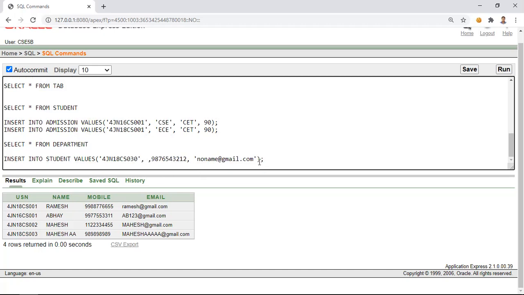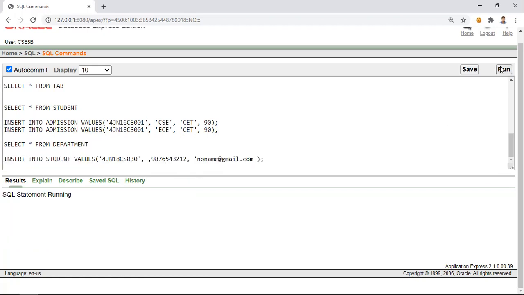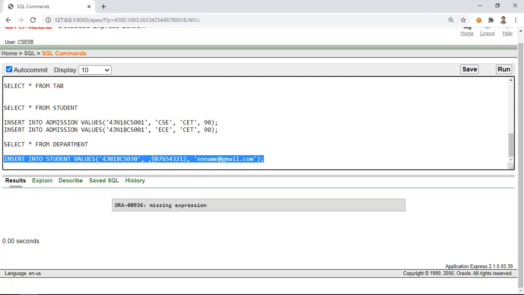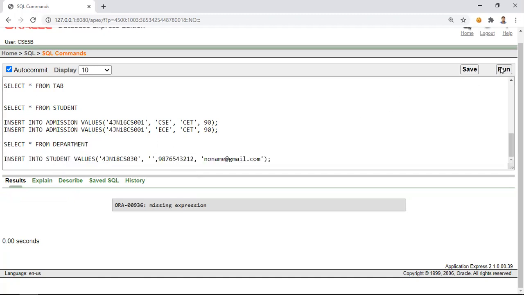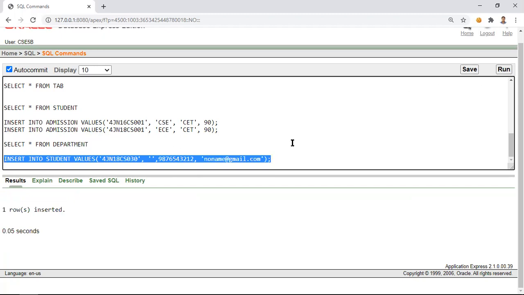So nothing is there. So let us try to insert this and check what happens. So it is giving missing expression. So I'll just put this single quote over there. And then let me try to insert. So if you observe here, it has inserted.